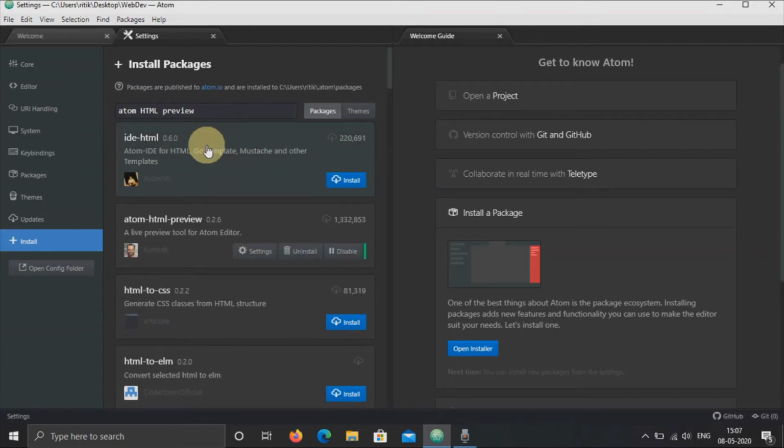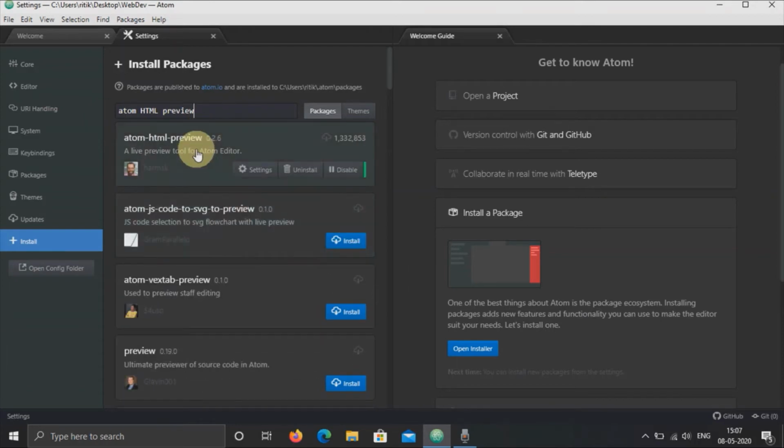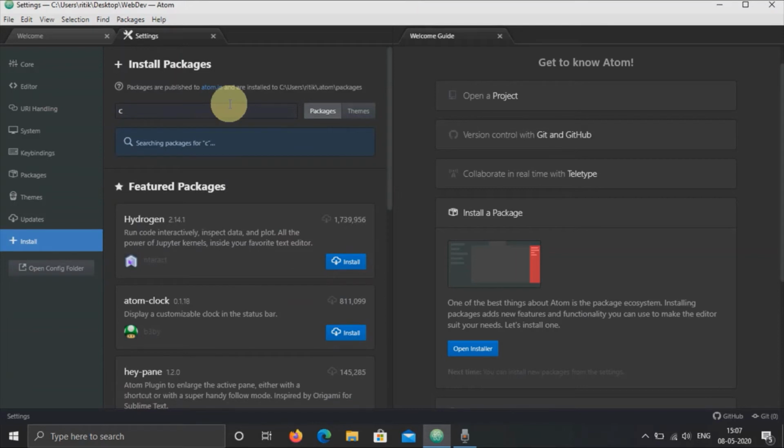You can install it. I have already installed all the packages, so I'm not going to uninstall and install it again. But I'm going to tell you how to use them once I tell you the names of all the packages. Another is Color Picker.